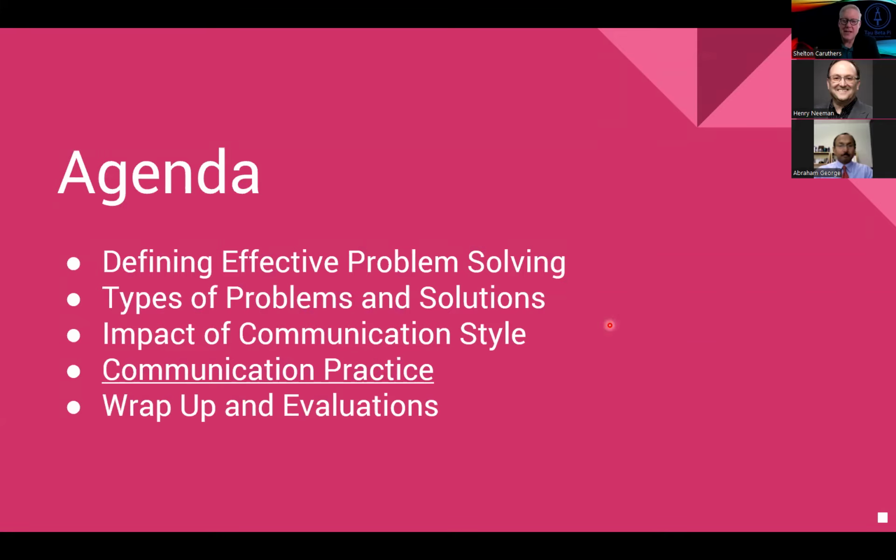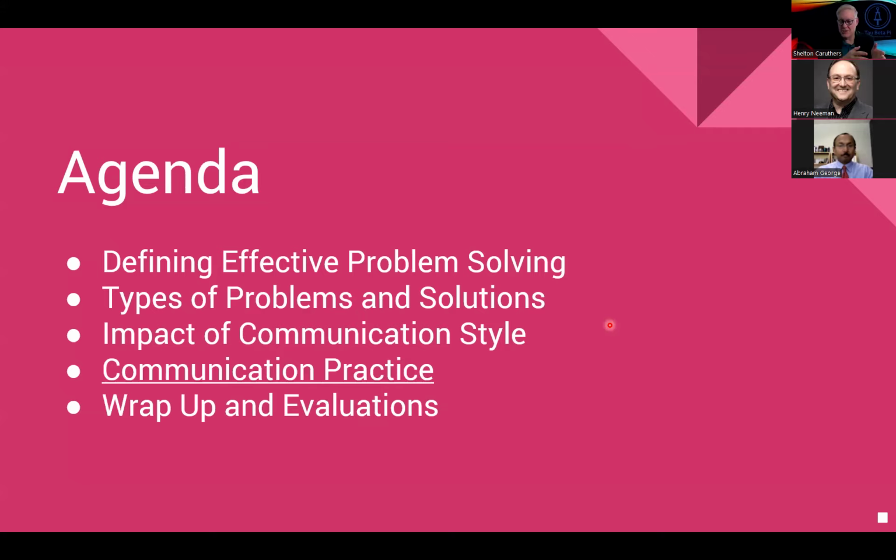So keeping those things in mind, let's keep looking forward at doing a little bit of practice. Again, we've talked a little bit about understanding what we mean by effective problem solving, and we've talked about different types of problems. We've learned that problem solving is not always easy. There's often emotion involved in it. It's complicated and it can involve multiple issues.